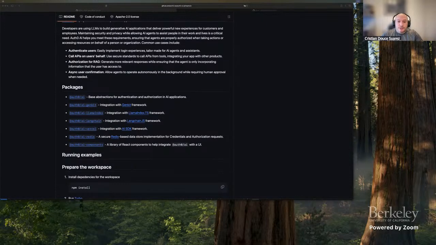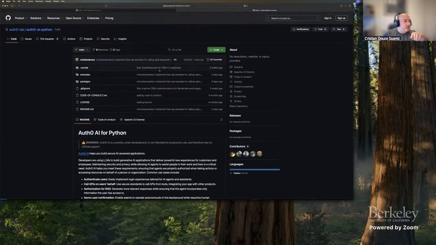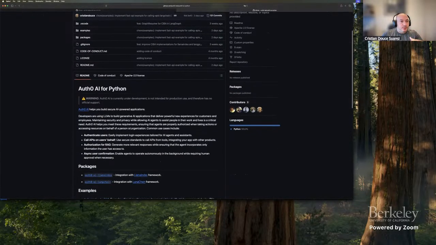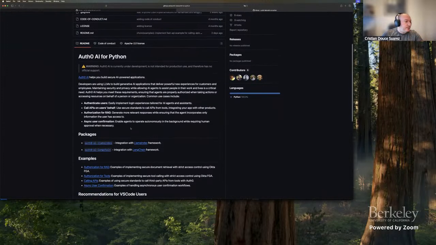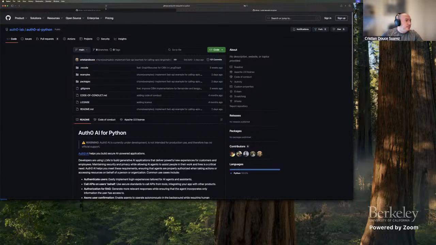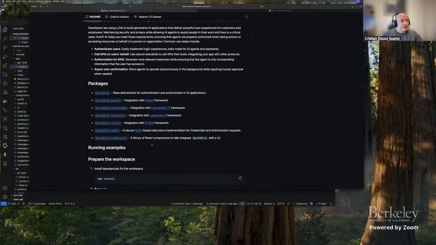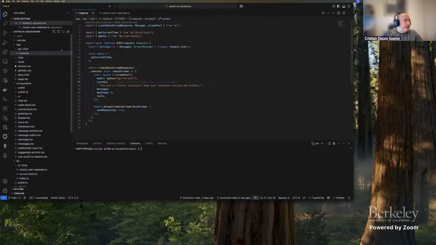What we're going to showcase right now is the same or a similar example to the one Karen just showed us, but this time only around Google. I forgot to mention that we not only have an AI JS SDK, but we're also building an AI Python one. So you can solve the same problems with a very similar interface, for Llama Index and LangChain, for example. What I'm going to show you right now is, again, a Next.js application integrated using